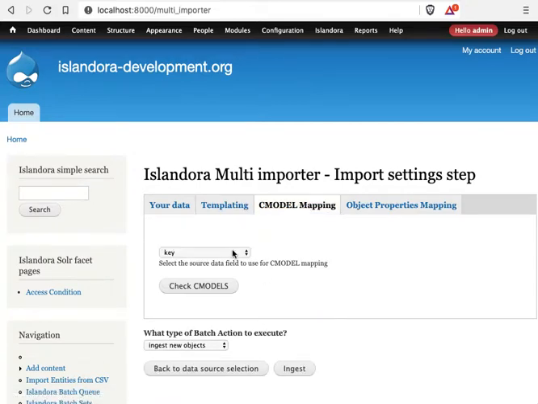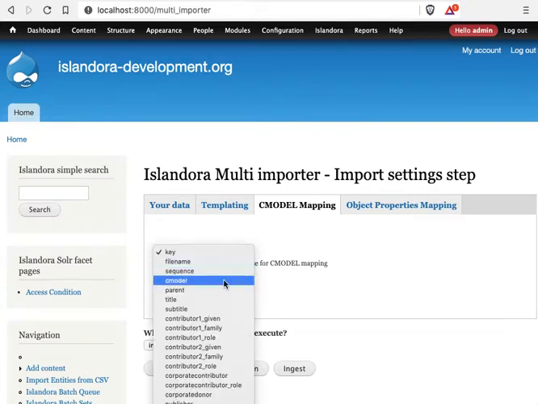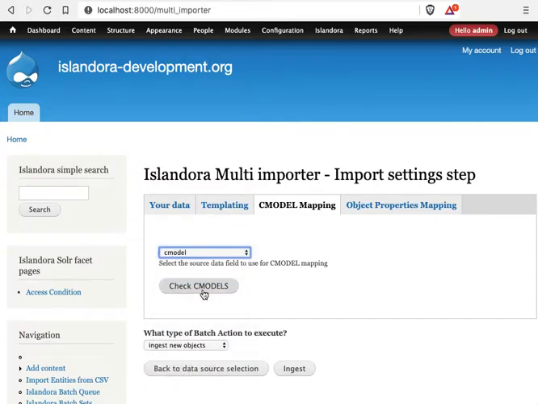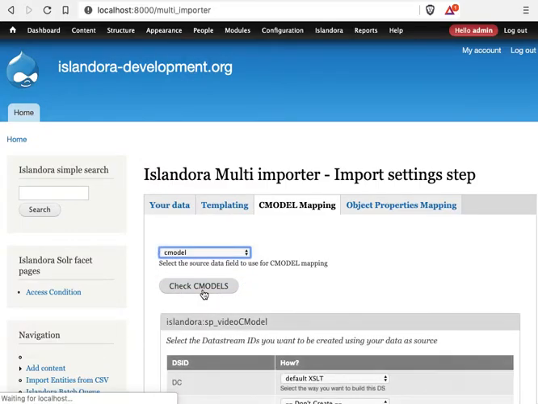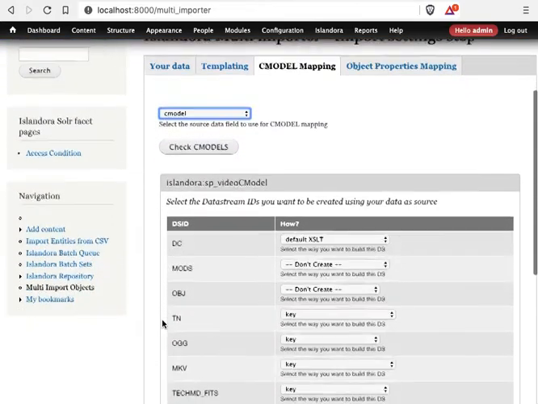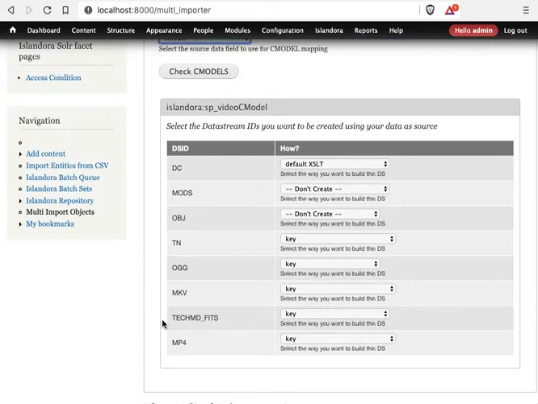Select the column from your CSV that contains the object's content model. In our case, that's CModel. You're going to click Check CModels. And here you are shown the various data streams that are associated with the content models that are found in your spreadsheet. For each, you're going to need to define with the select lists how that data stream is going